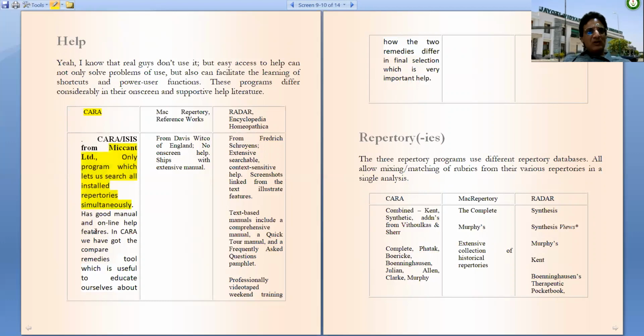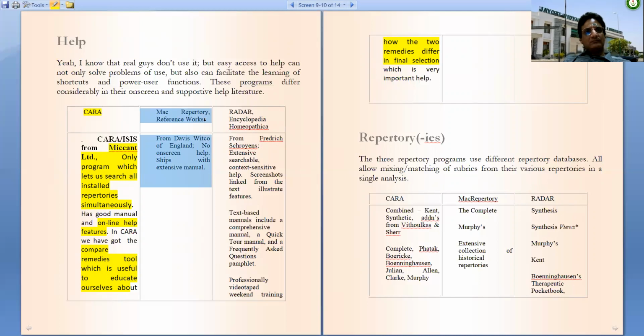It has good manual and online help features. In Kara, we have a compare remedies tool, which is useful to educate ourselves about how two remedies differ in final selection. That's a big thing which we require.